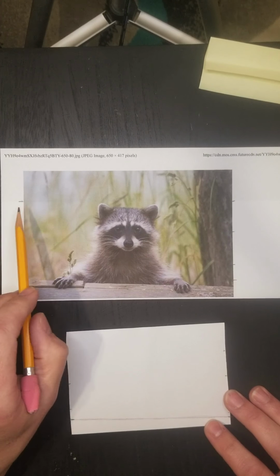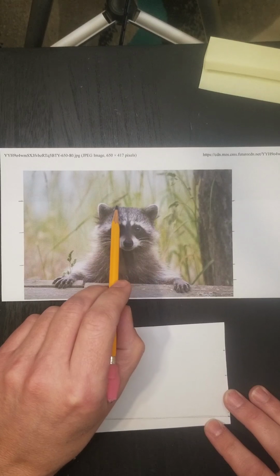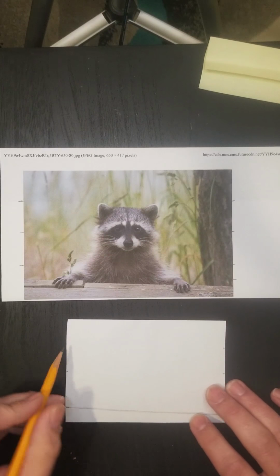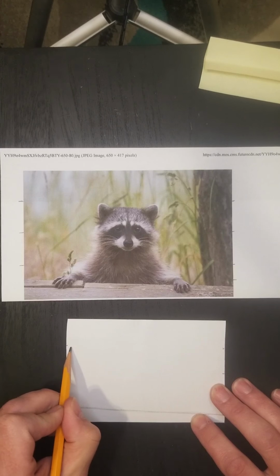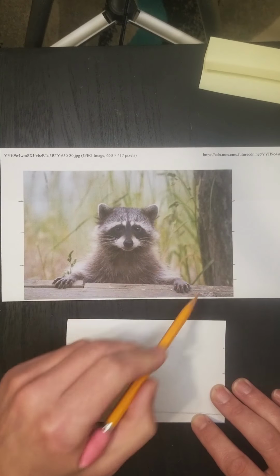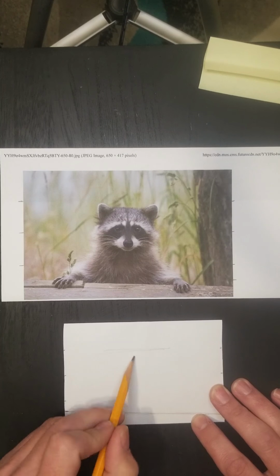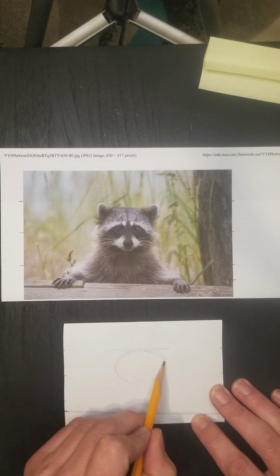Now, take a look at how high up the ears are. They're just a little bit below the 3/4 mark. So I'll go ahead and say, well, if 3/4 is here, just a little bit lower than that is going to be right about here. Now, his head is dead center in the middle of this picture. And so I'm just going to draw an oval in roughly the same shape as his head,